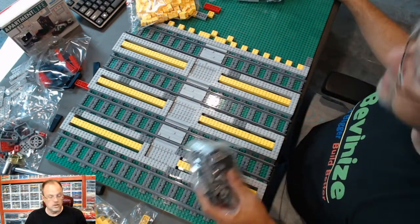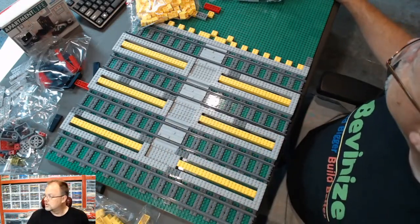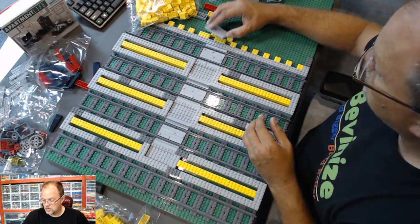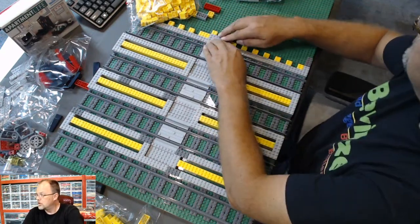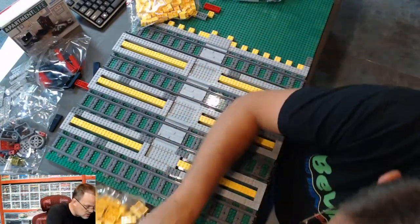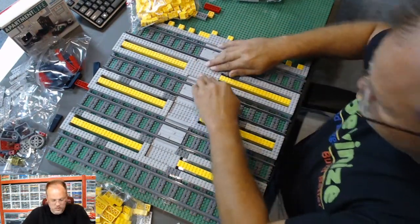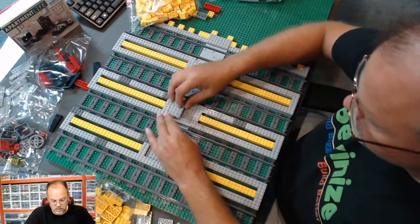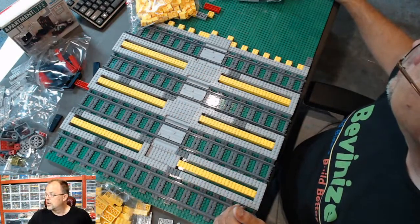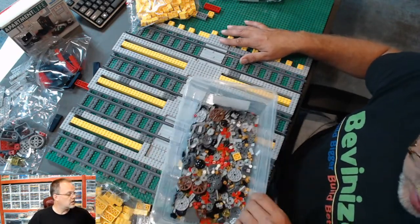Got those. I gotta use a 4x6, or no. This one goes here. And now I need two 4x6s. It's these. And two more for here. Now I need a 1x. Let's see, I need